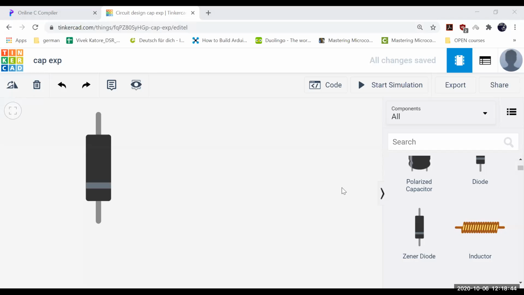Some of you are saying that you can see, some that you cannot. Okay, the screen is visible.